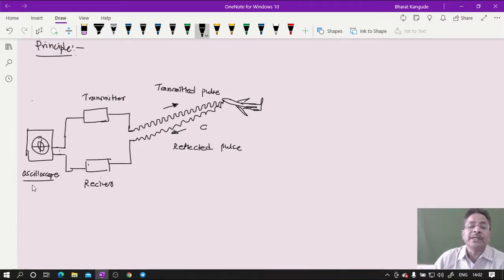Both of these pulses travel with the velocity of light, that is c. So I can see how much distance it has traveled. This c is known. If the time difference is known, one can find out at what distance this particular object is from the radar system. So from an airport, a particular aeroplane is flying, and at what distance that aeroplane is, this type of detection or ranging is possible. This is a very simple technique used as the principle here. Okay, so write in brief.